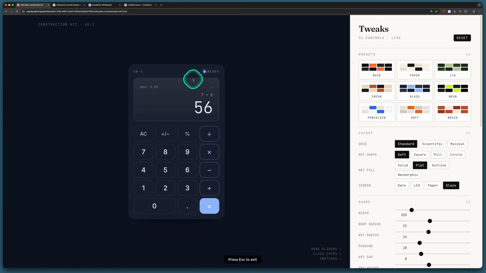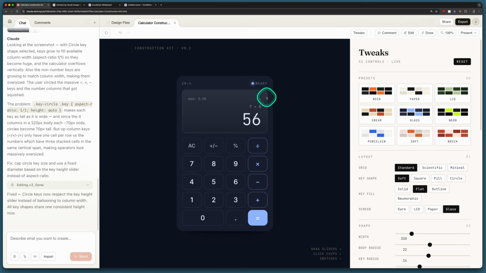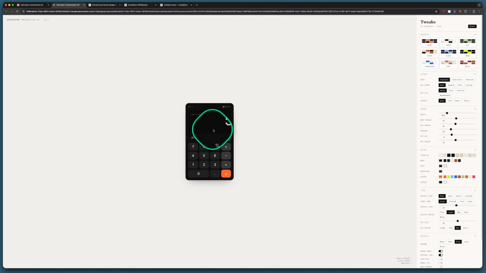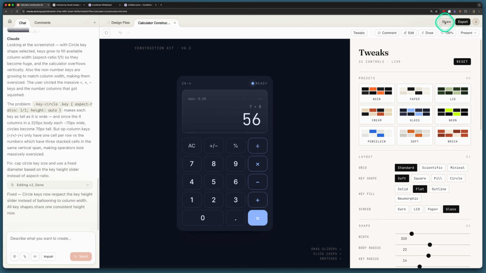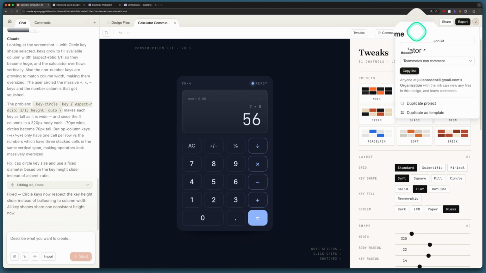So it's going to hide the chat and all that stuff. Very good for stakeholder reviews, I guess. And then we can full screen it or open it in a new tab. So it opens a new tab, and then we can share it obviously here, top right corner. So if we share it, we've got the name, we've got the team access,